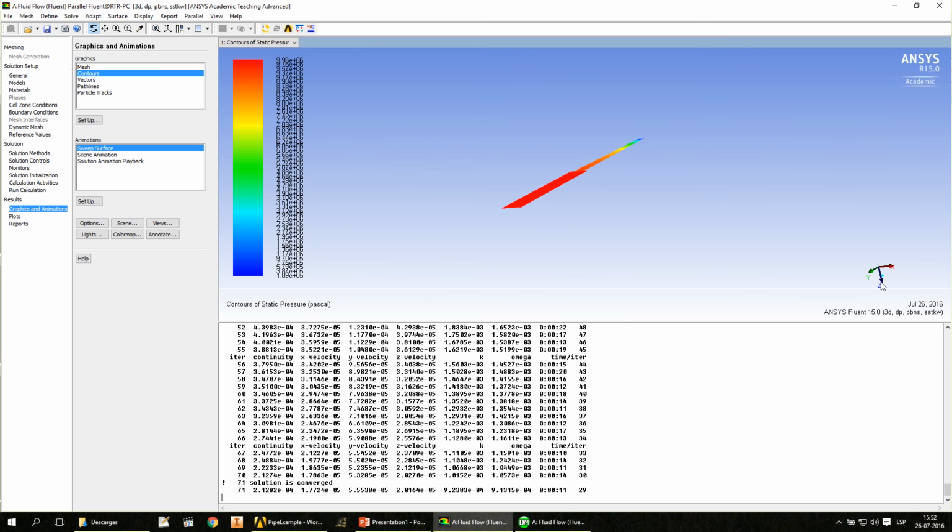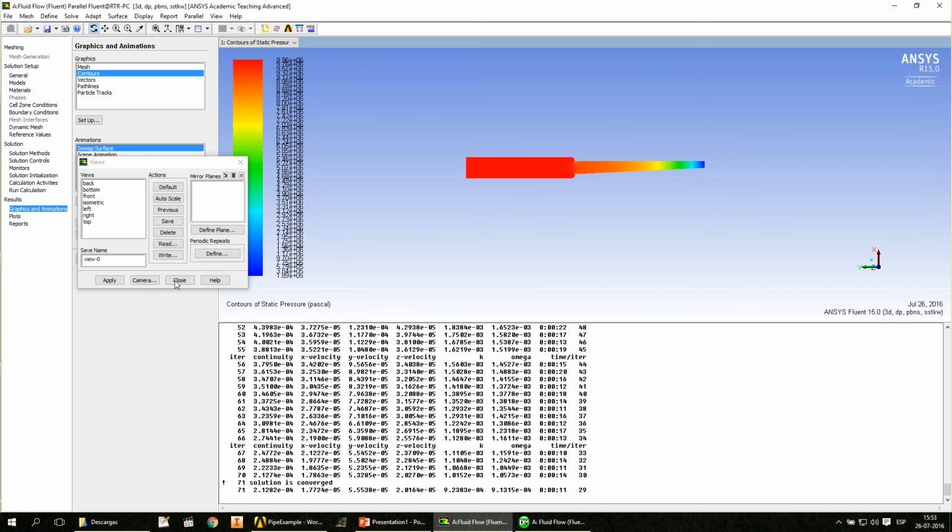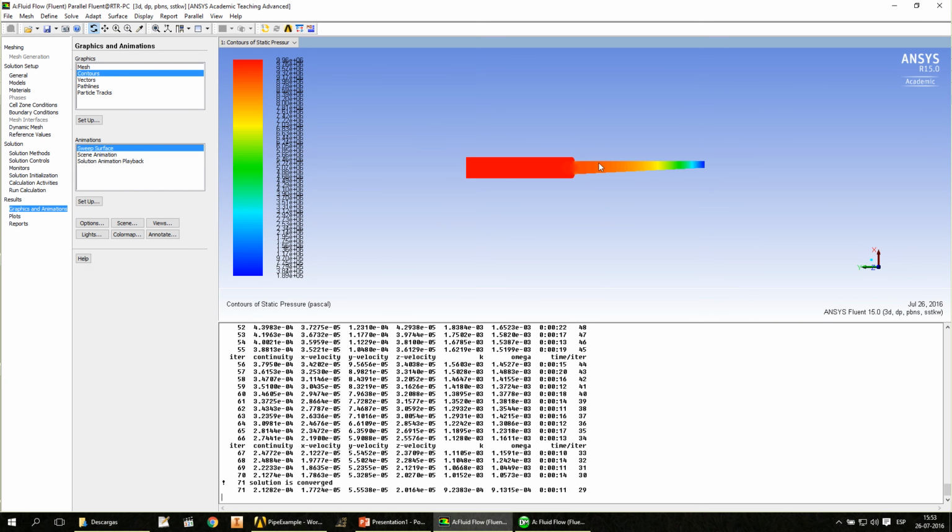I'm going to close this, and I'm going to use that. I don't like this one. I wanted to see it from left to right. So in views, I choose camera, and I could change the angle. Apply, close, close. And now I could make a zoom with this one,